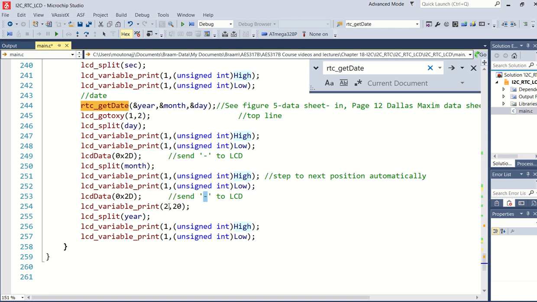And of course, what I've done here is I've set LCD variable print. I've just added the 20 before the value that I've read from the real-time clock, because this 20 here is just for 2025 or 2026 or 2027 or whatever. So yes, then it will be displayed, and this is how the program works.